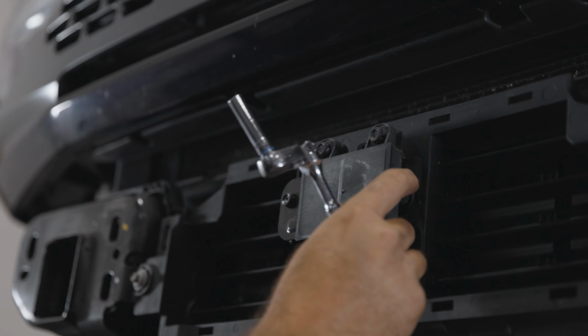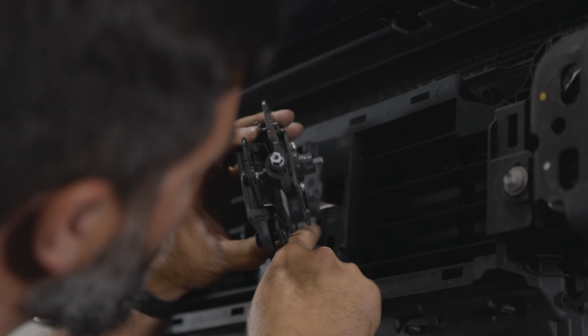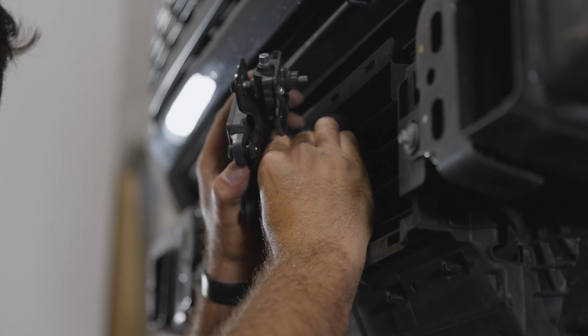Okay, so those 3 are out. And then I'll spin this around so you can see. On this side, we gotta unhook that little wire harness. So I think you just push that down like,